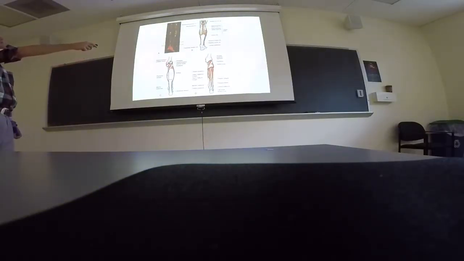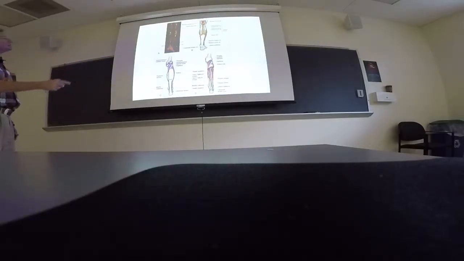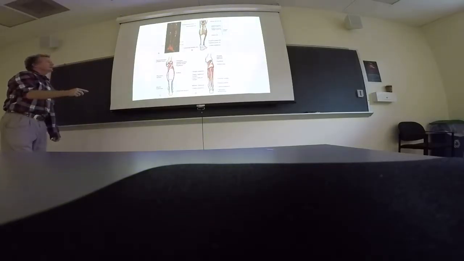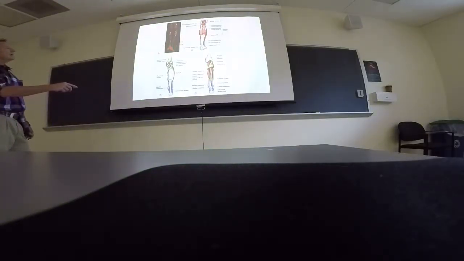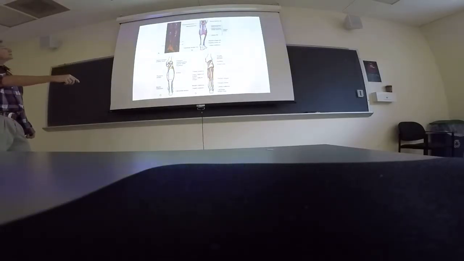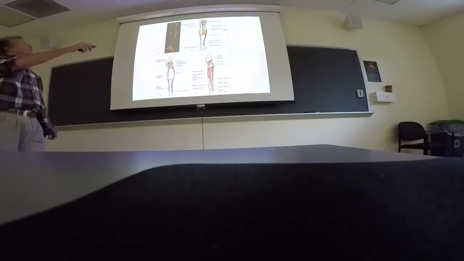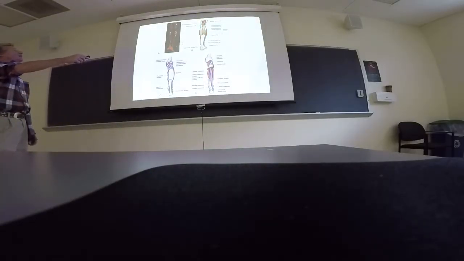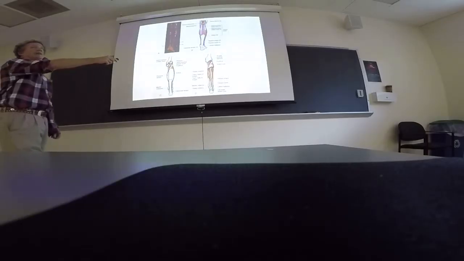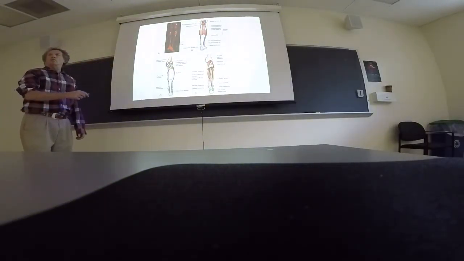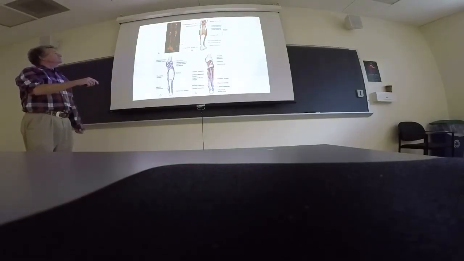Deep to the gastrocnemius is a big, flat, flounder-looking muscle that's on the back of the calf, known as the soleus muscle. And these three muscles are referred to as the triceps surae, the triceps of the calf, the three muscles of the calf. And what they basically do is they insert on the back of the heel here, and that's what enables you to stand up on your toes. They raise the heel. There's some